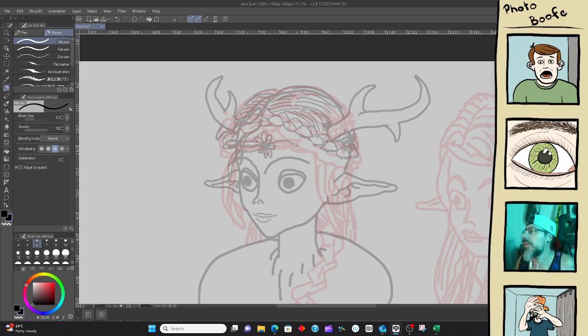So the headband's going to come around here. Thin. Yep, meet up around there. This needs to come down this way. Tuck it. Let's go ahead.